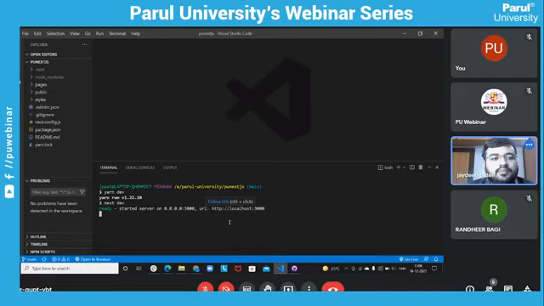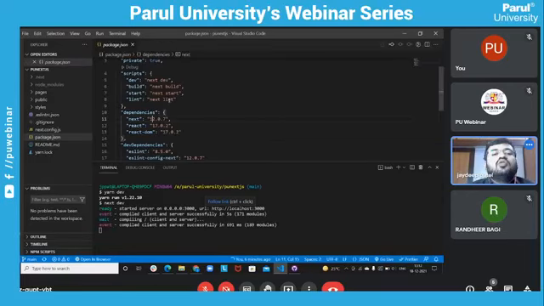Next is the dependencies, because you can't share all your dependencies code in hosting. Okay, so here in dependencies, there is the specific name and its version. So when you host your code with this package.json file, that remote server takes from here and installs them in that system. So our project runs fine.